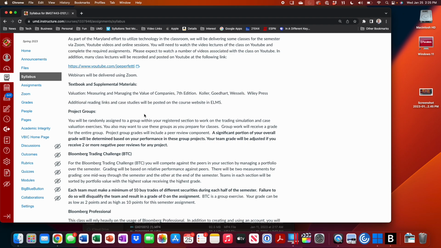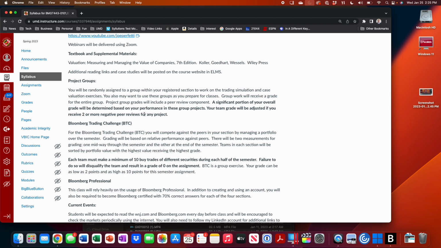Okay. The first project is called the Bloomberg Trading Challenge. This is 10 of 50% of your grade. The Bloomberg Trading Challenge is also something that's unique. It's something Bloomberg allows very few schools to do, which basically means in this class we can create our own tournaments. So for each section, you'll have 6 teams. You'll be given $1 million next week, hypothetical dollars. You'll use the Bloomberg terminal to trade real-world equities.